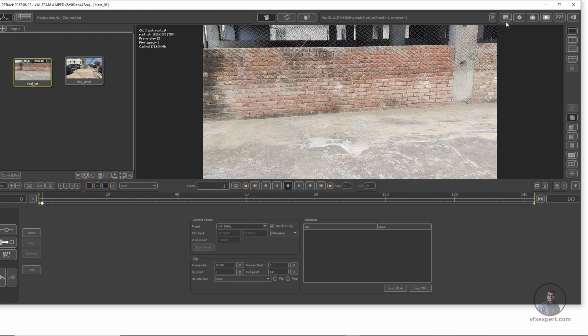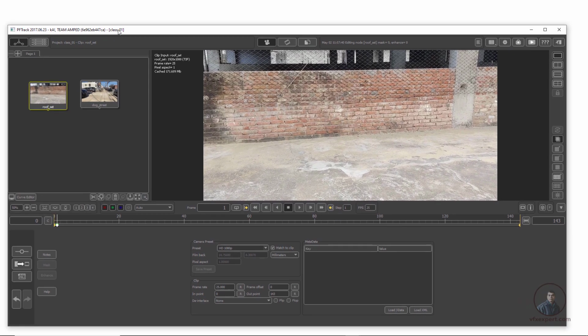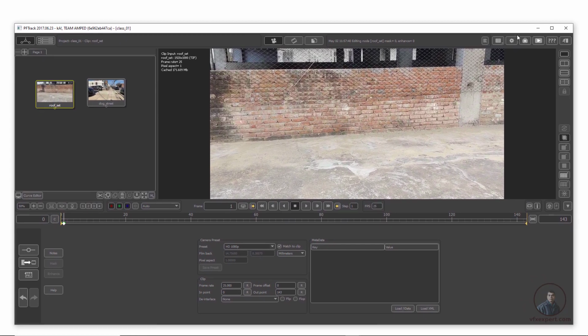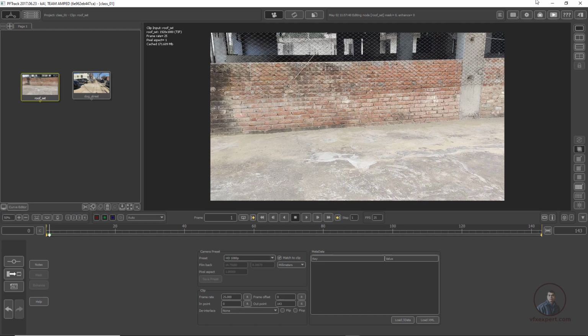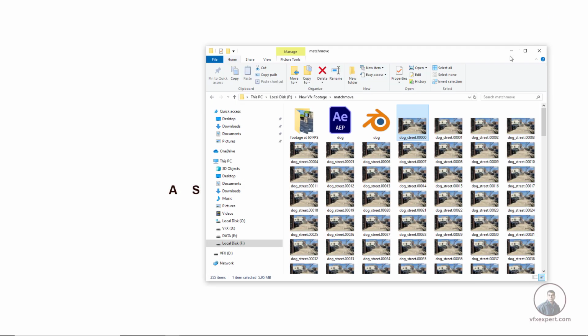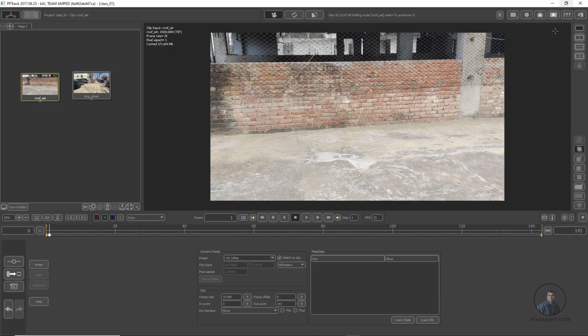Then after this you can adjust this PFTrack window, or the title bar, or you can say this PFTrack interface size here. Then we simply click on this maximize button. This will fit your PFTrack with the title bar into your monitor screen. So you can easily see, now you can minimize PFTrack, minimize the folder, then open your PFTrack again. You can even maximize if you want. But remember, while this is enabled, it will not allow anything for minimizing or maximizing. So this is the first thing, to enable this title bar here.